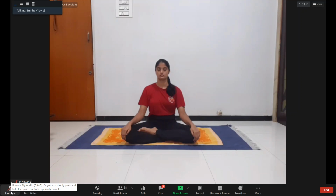Just by sitting in this asana and practicing Pranadharna, the benefit is that it will calm your mind because it has a special effect on the central nervous system. So those are the central effects. And now after 3 to 5 breaths, she will stop the practice of Pranadharna, open her eyes, and now she